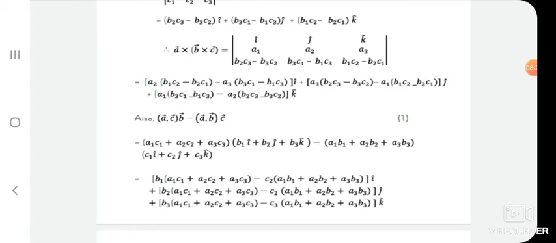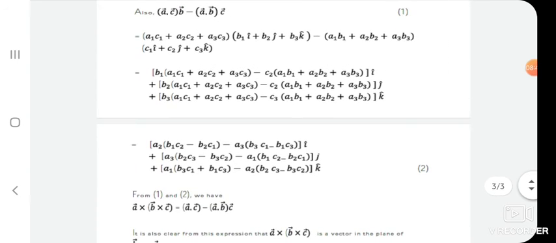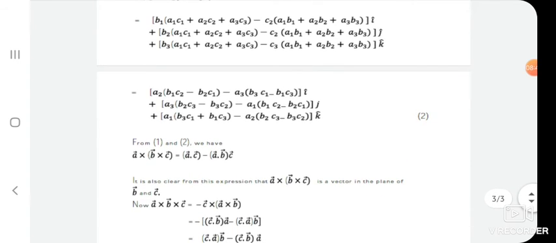It means what? Initially we found A cross B cross C by solving the determinant. Similarly, we are taking the right hand side of the vector triple product and solving that equation. Finally, we get A2 in bracket (B1 C2 minus B2 C1) minus A3 in bracket (B3 C1 minus B1 C3) i cap,